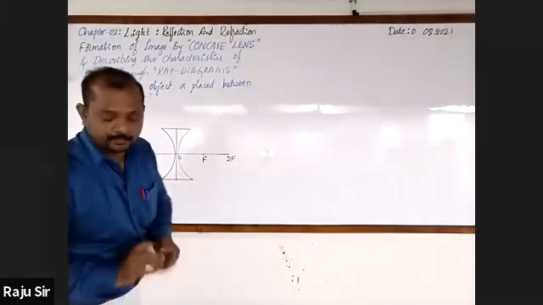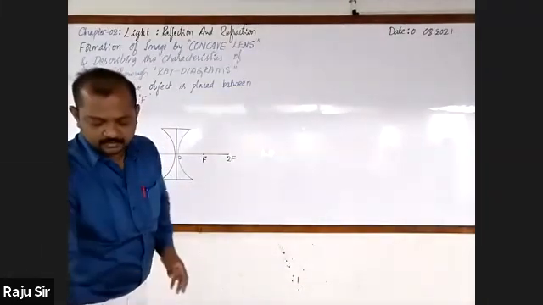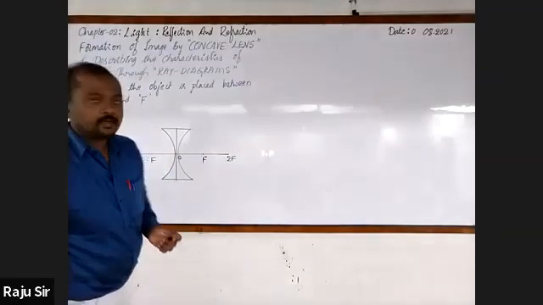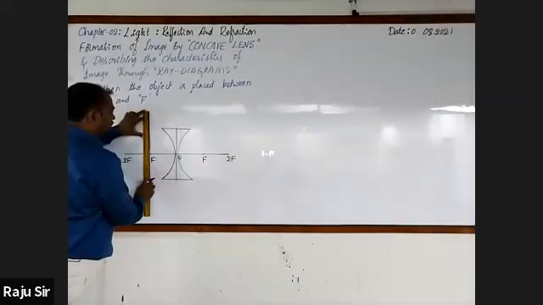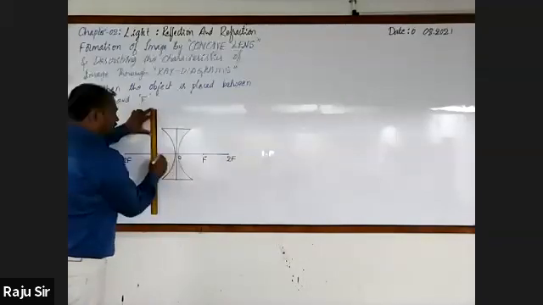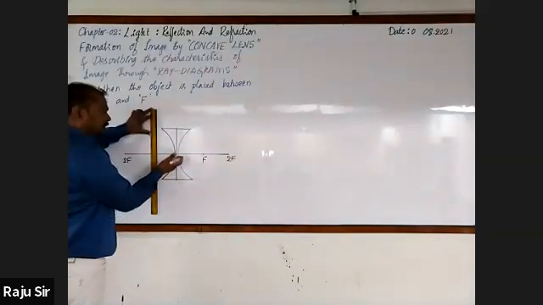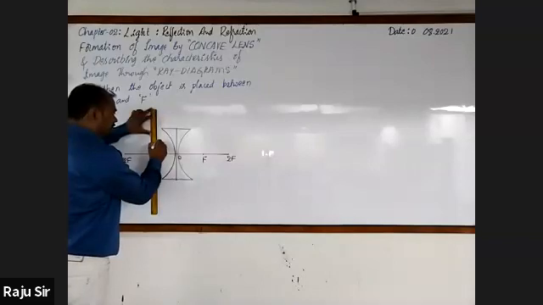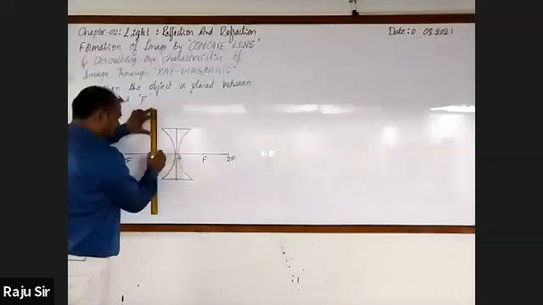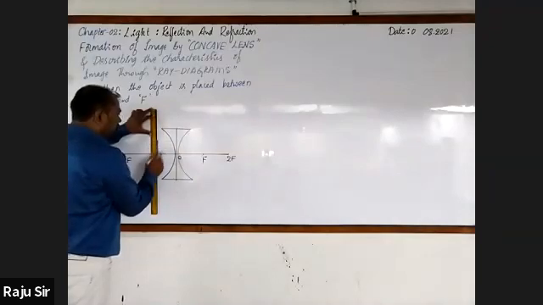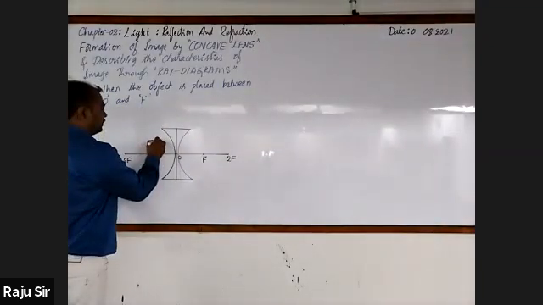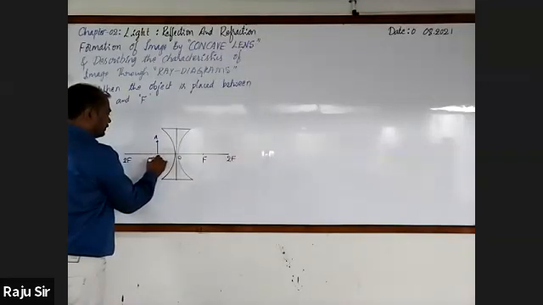Now let us go for placing the object. Place the object between optical center and principal focus. You may place it exactly in between, or towards the lens, or towards F. I am taking it towards F. Let the height of the object be 1 centimeter. Name it as AB.